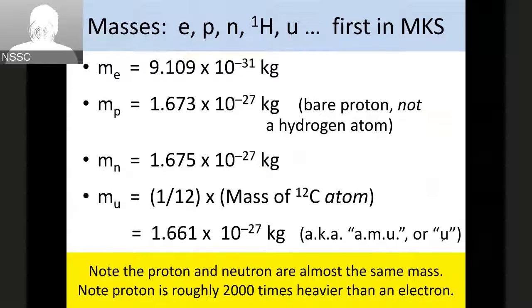Neutrons are slightly heavier. We define something called typically U, or AMU, atomic mass unit, which is 1/12 of the mass of a carbon atom. Not a carbon nucleus, a carbon atom. So it's the carbon fully dressed with its electrons. So it's 6 protons, 6 neutrons, and 6 electrons. If I take that mass and divide the mass by 12,